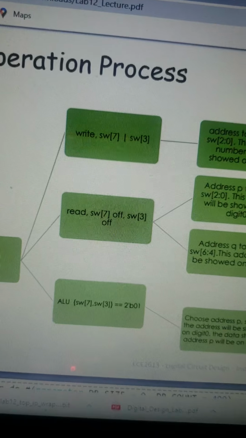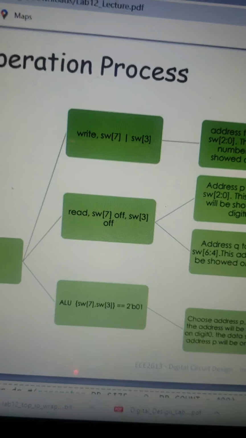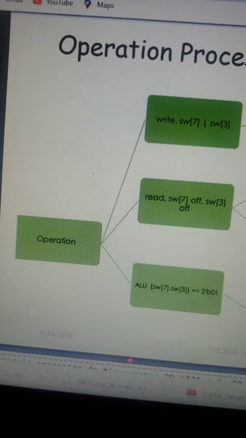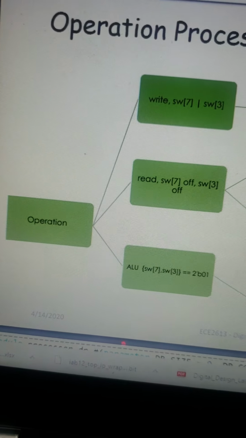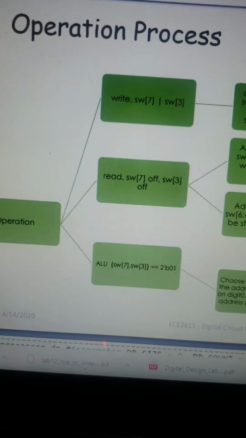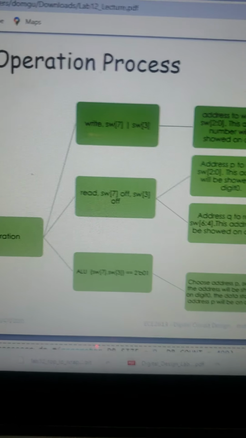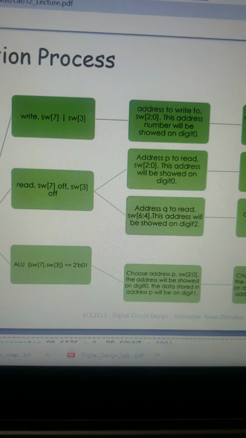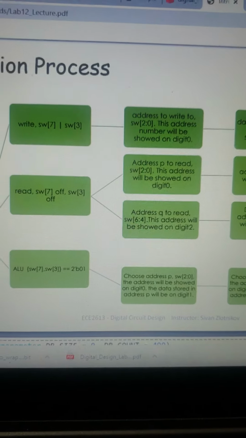In order to read, we turn switch 7 off, and switch 3 must be on. For the ALU, switch 7 must be off and switch 3 must be on. In order to write, we have to manipulate the switches from 0 to 2,